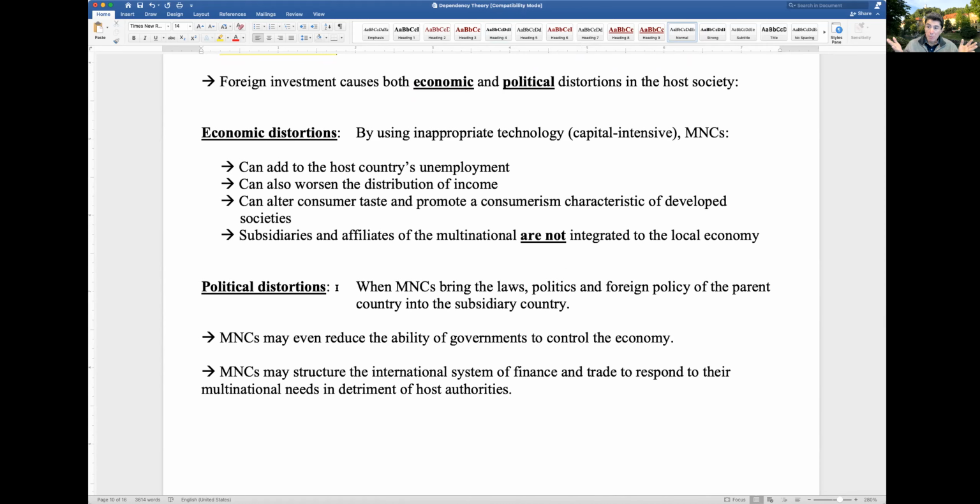Anyway, in addition to these three, we have other distortions. So, for example, most of the times when multinational corporations go and invest in poor developing economies, they bring technology that we say is capital intensive, or in other words, labor saving technology, or in other words, is the type of investment that instead of increasing employment, they reduce employment. Why? Well, think about mechanization, robotization. So a machine can do the job of 20 workers